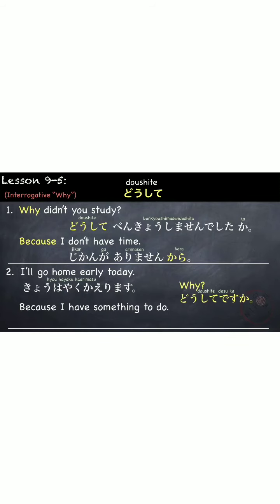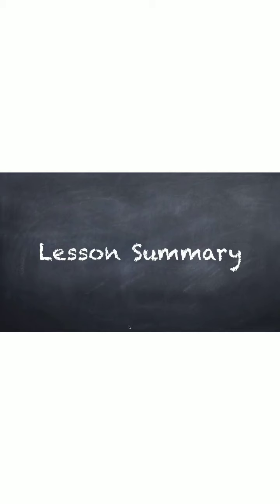So the other person might say, because I have something to do. Something to do is 用事があります。And then から。用事がありますから。